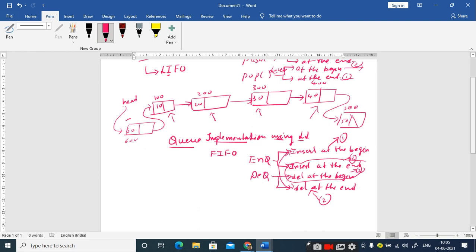Similarly, in case of queues, insertion should be named as NQ and deletion should be named as DQ. If you follow these two things, then it will be very easy, right? And if possible, you try to make use of the top, rear and head pointer. That's it, right? Is it clear up to this point? Clear, sir. Yes, sir. Right.